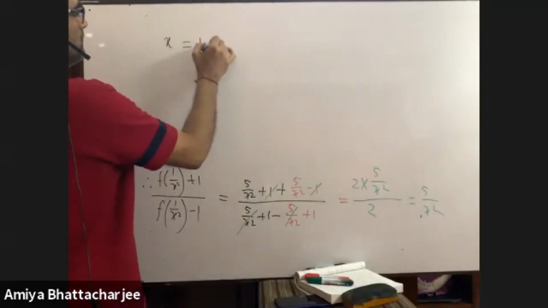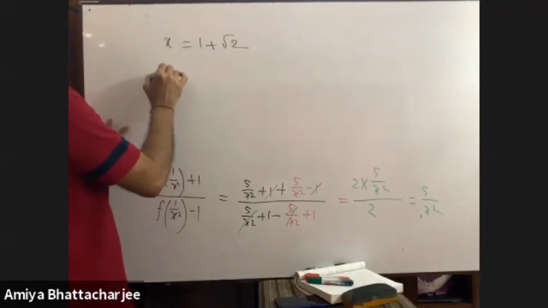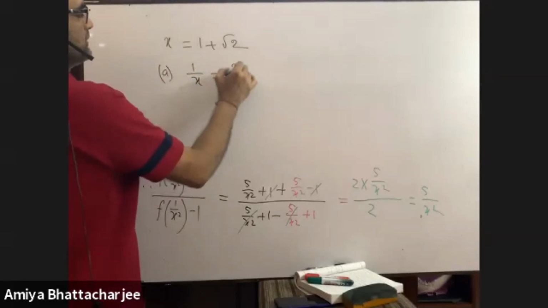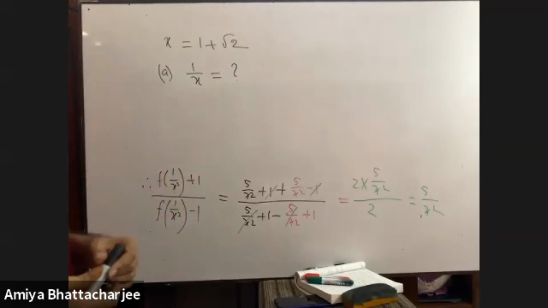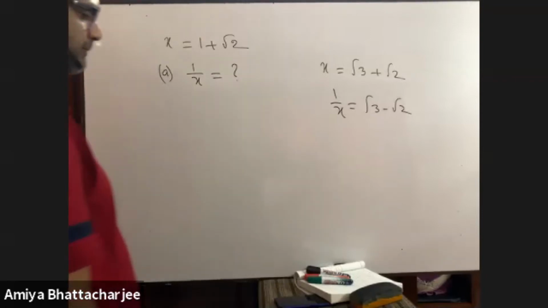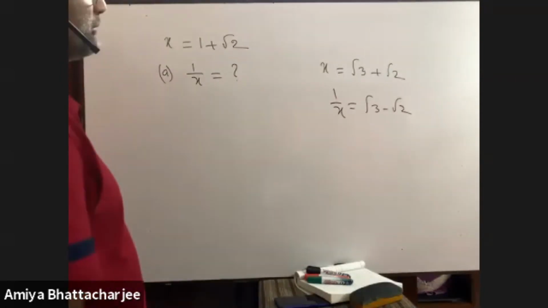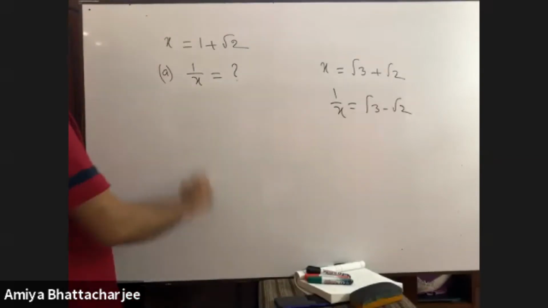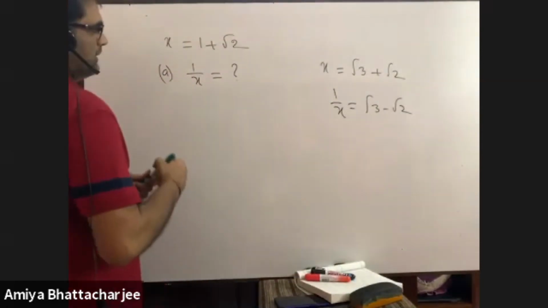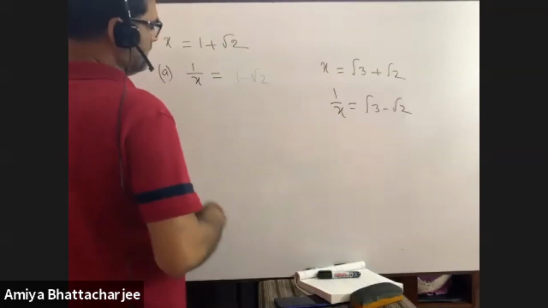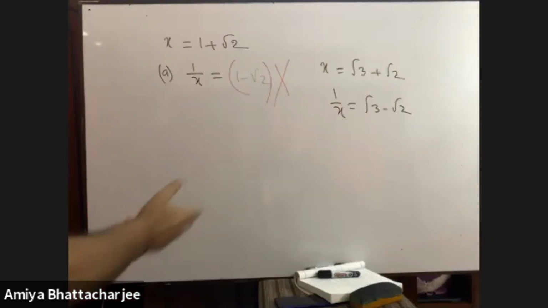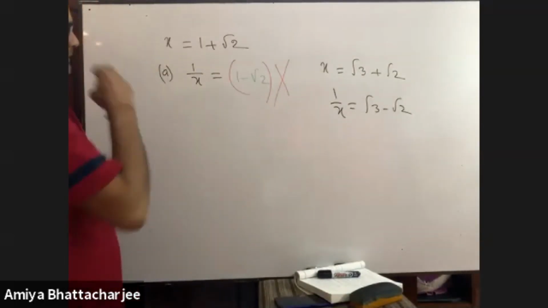x equals to 1 plus root 2. Okay, my dear students, you will get just 5 seconds. What is 1 by x? 5 seconds. For the exam tomorrow. Anyway, forget it. So 1 by x equals to what? Okay, I am going to show it. Anyway, so its value is what? 1 minus root 2, right? 1 minus root 2. Is it? No, sir. Root 2 minus 1. Absolutely, it is yes. Denominator there is minus 1. To show it.